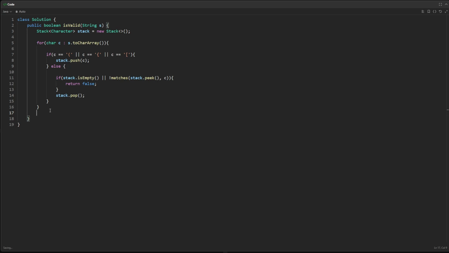So now we're going to check if the stack is empty, right? So we want to return stack.isEmpty, right? So this is just checking if we have a valid string. And then we're going to have our helper method to check if the brackets match, right? So we're going to do a private boolean, and we'll call this matches, and we'll have char open and char close,